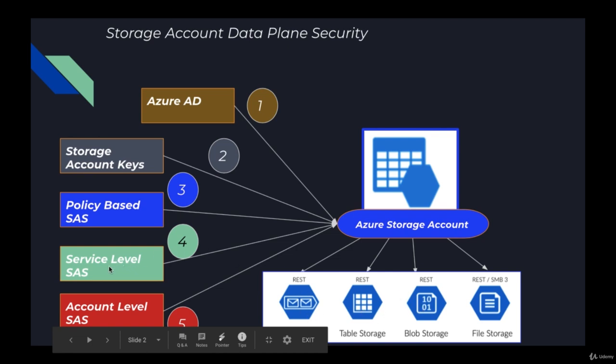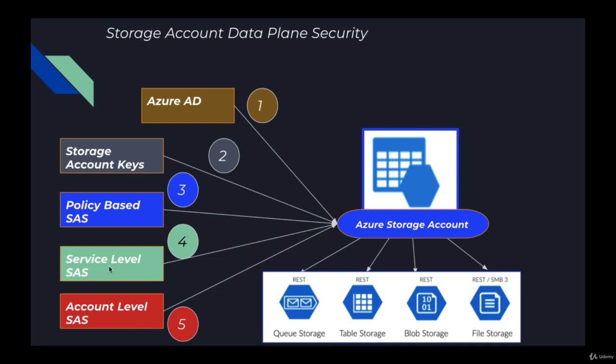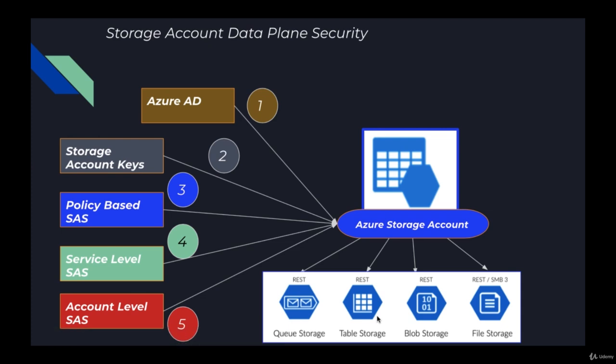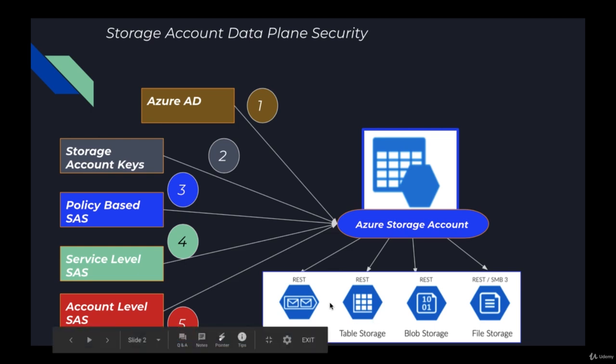In the case of service level SAS, access could be provided only to one of the services within the storage account, maybe a blob or a table. But in the case of account level SAS, this can delegate access to one or more resources of the storage services. Using this level, you can assign a key to a user so that they can create a blob or create a table